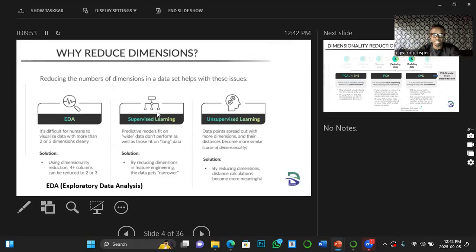Number 1, EDA, which means exploratory data analysis. Under it, I specified that it is difficult for humans to visualize data with more than 2 or 3 dimensions clearly. So it was not too bad when some of us reacted the other time that this thing is confusing. You can now begin to see some of the reasons why it was confusing, because at that point, you did not